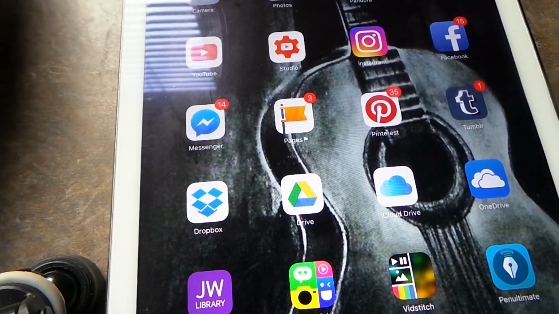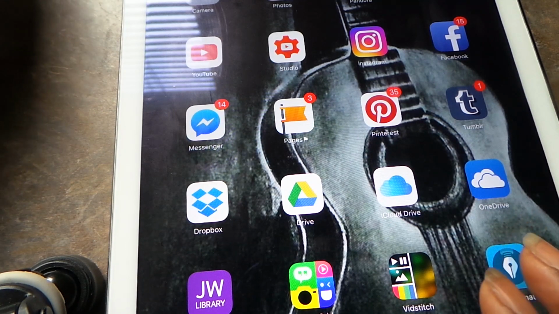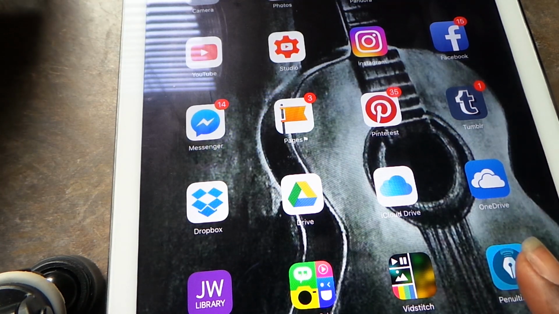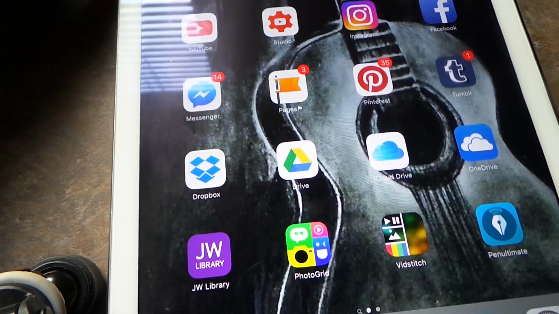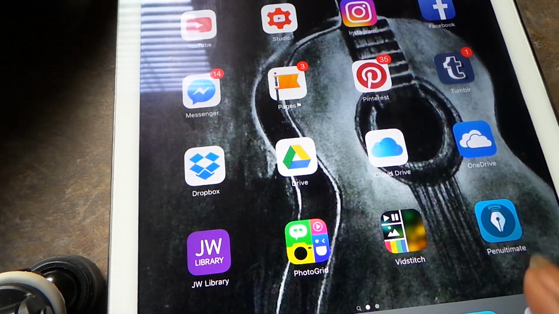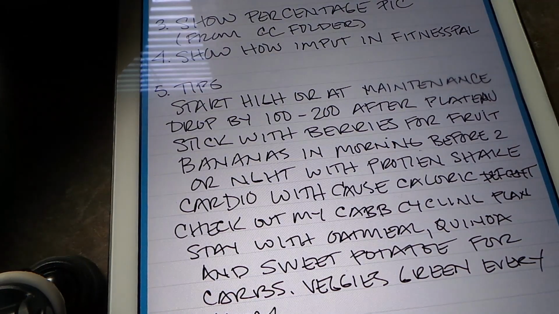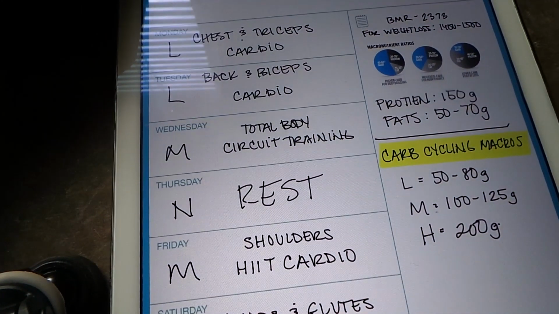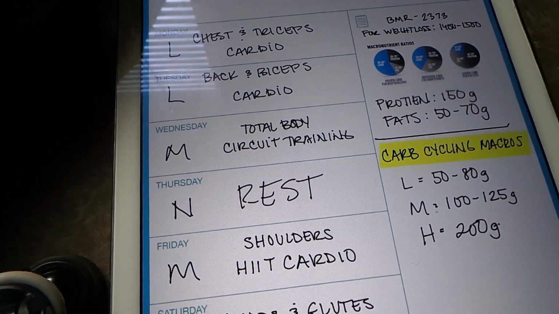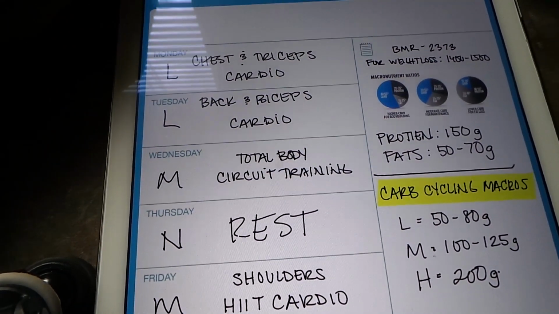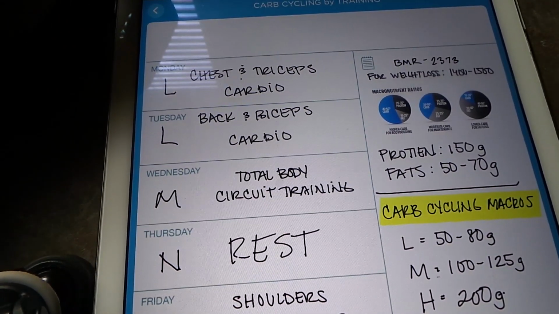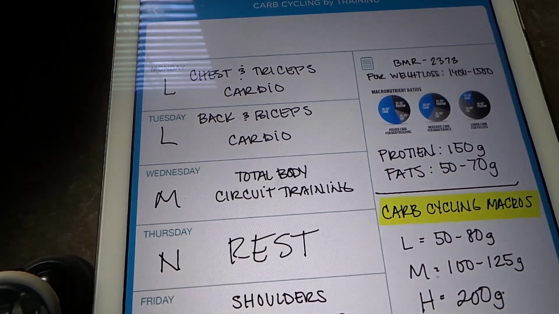All right, so now I'm going to show you what I use to kind of give me a slight idea of what to do with my calories and my macronutrients. So I use an app that you see here in the corner. It's the Penultimate on my iPad Air. And I am going to go to my carb cycling plan, and this is just kind of my training routine, but I want you guys to pay attention to this particular part of, let's see if I can zoom it in,